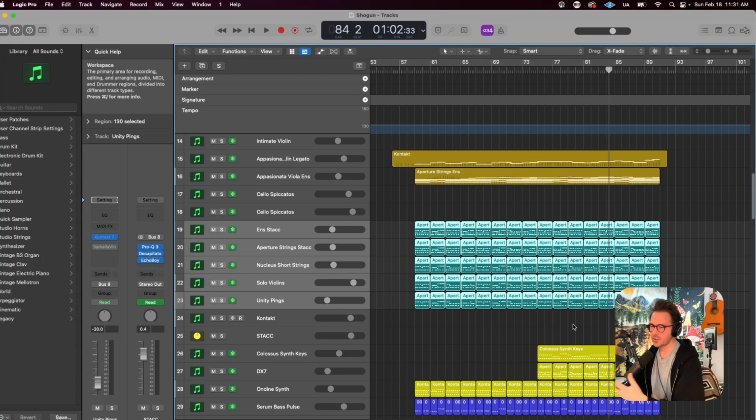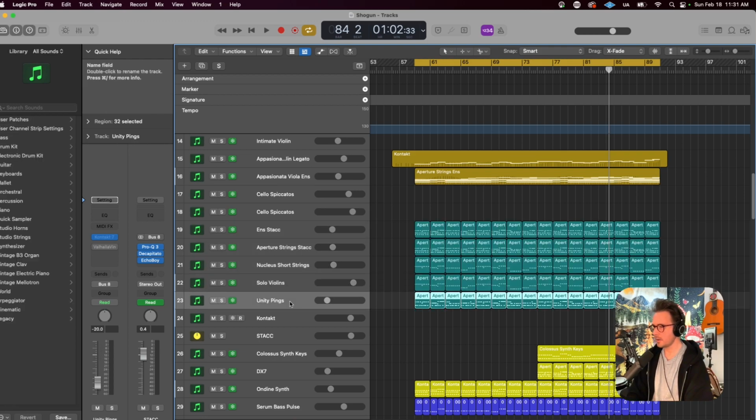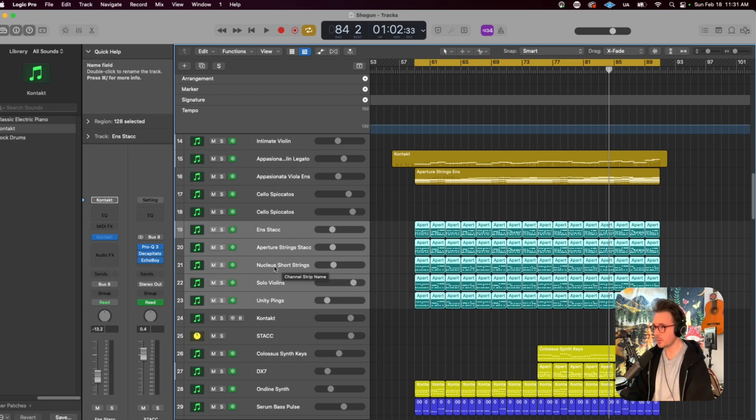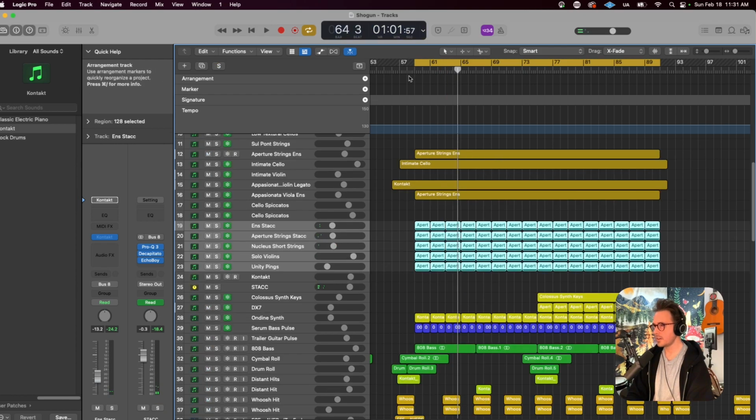But as with other instruments, I tend to use Nucleus strings in combination with a few other libraries as well. For example, for these spiccatos in this track, I'm using quite a few different libraries. Solo violins from Spitfire, the Unity trailer synth, Aperture string ensemble, but without these Nucleus short strings in the mix, it just isn't the same. In the context of the whole mix,